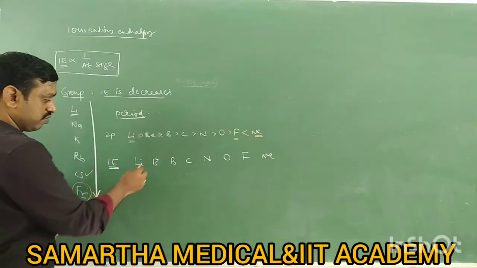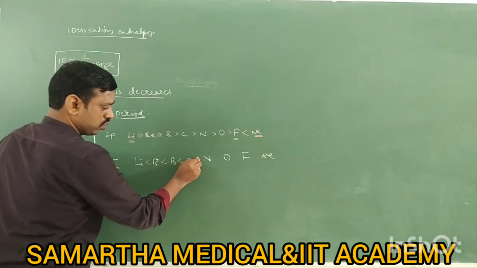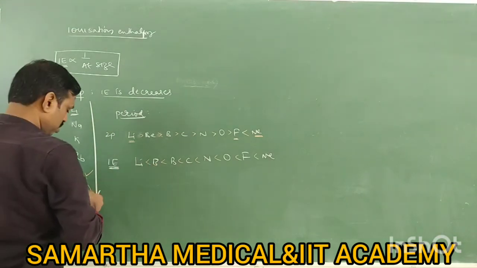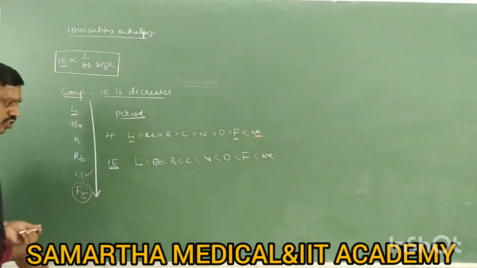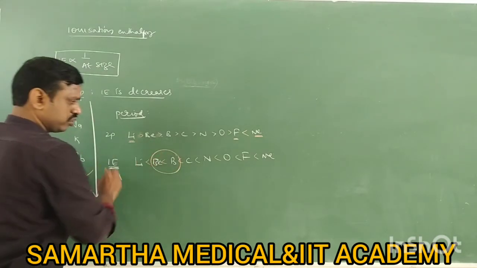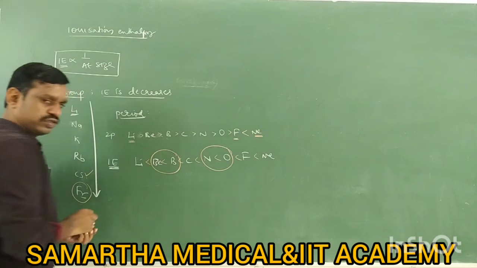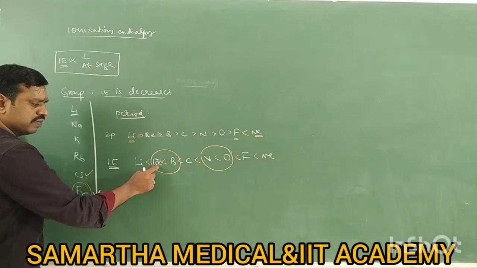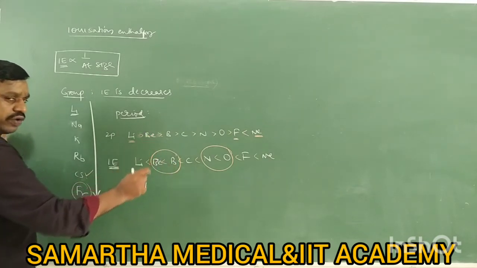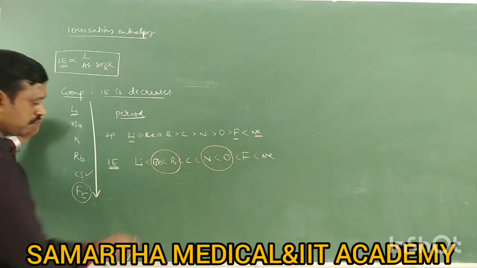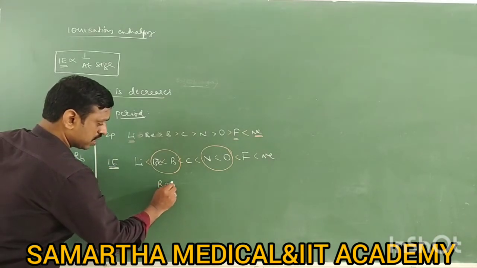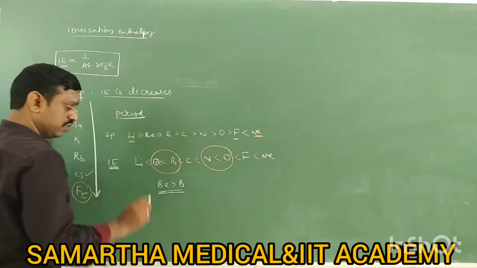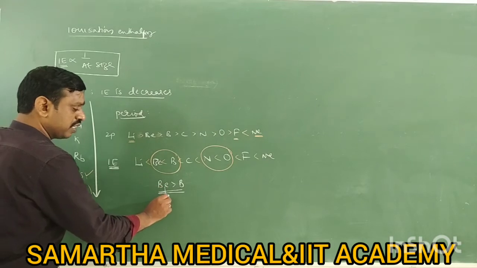It increases from lithium to neon, but there are two exceptions. You must remember the exceptions: one, beryllium and boron, and two, oxygen and nitrogen. Usually boron is supposed to have more ionization enthalpy than beryllium, but practically it is observed that beryllium has more ionization enthalpy than boron. Important. This is because beryllium has a completely filled orbital.